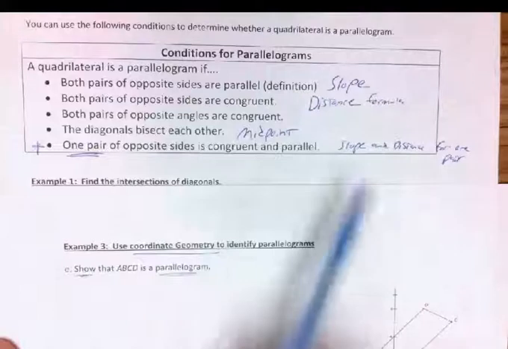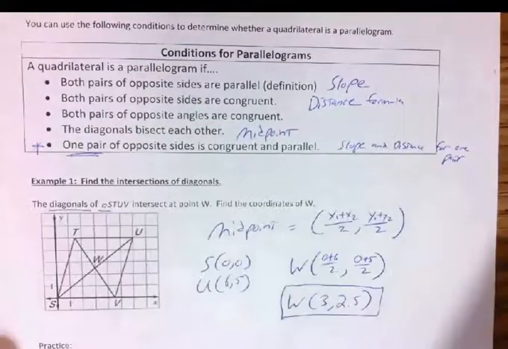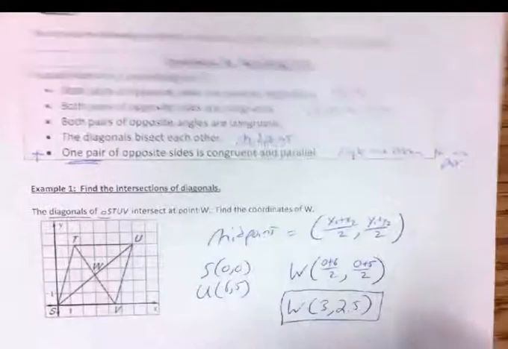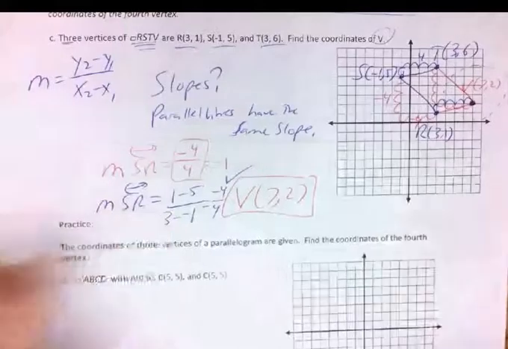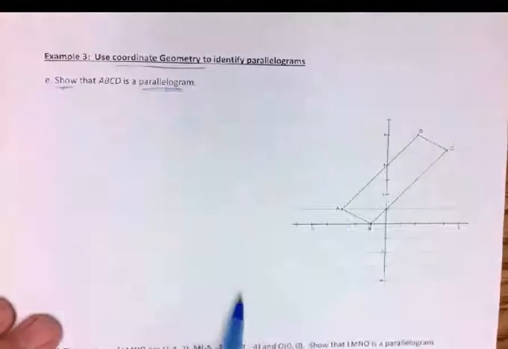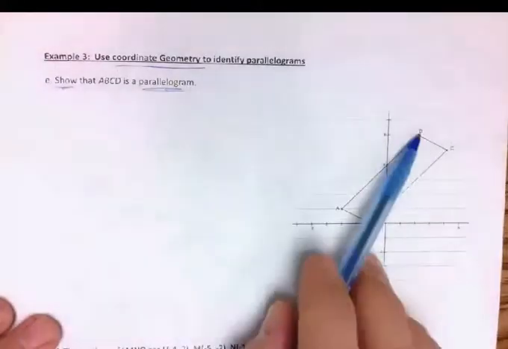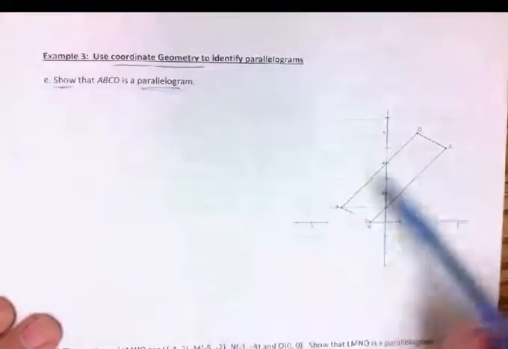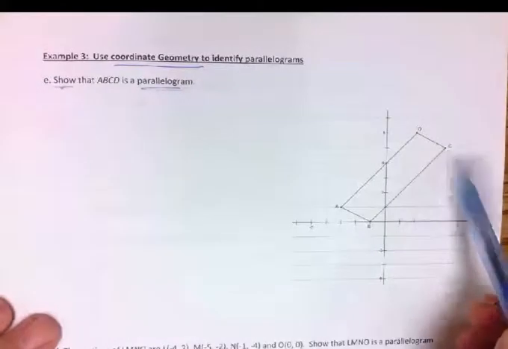So I think for this one, you know what? Just for the sake of having a little variety, we did midpoint here, I did a little bit of slope here. Let's actually do distance formula for this one, just to have a little bit of everything. So I'm going to find the distance from A to B, compare it to D to C. I'll find the distance from A to D and compare it to B to C and see if we really do get a match. And the distance formula, of course,